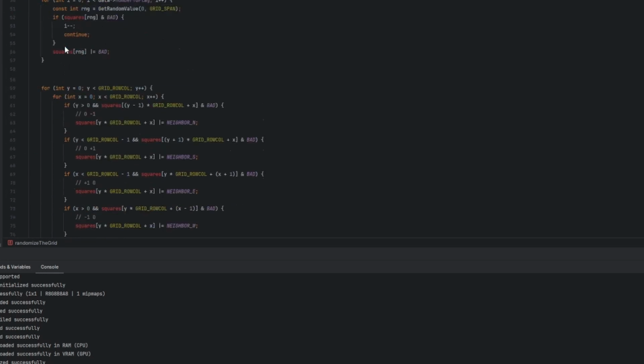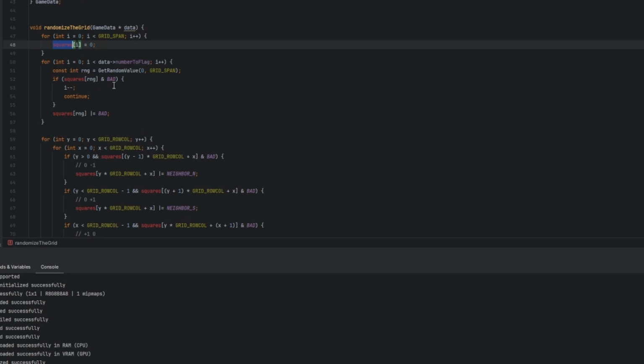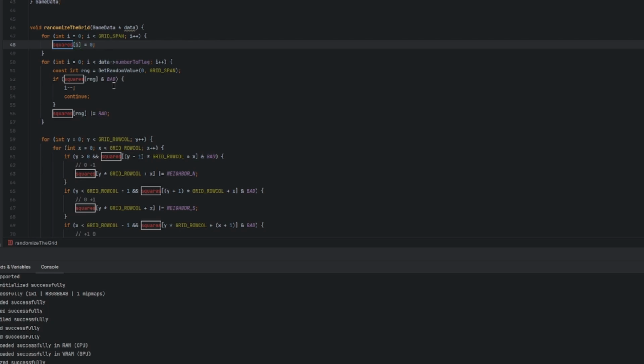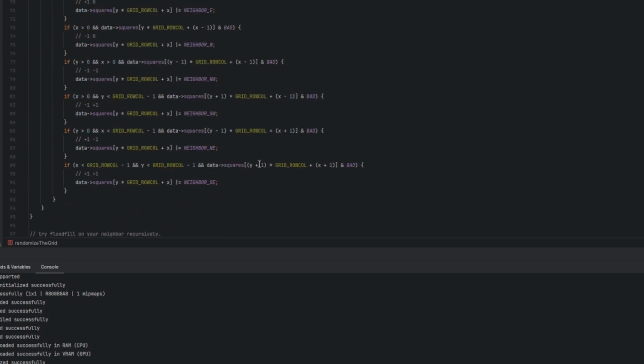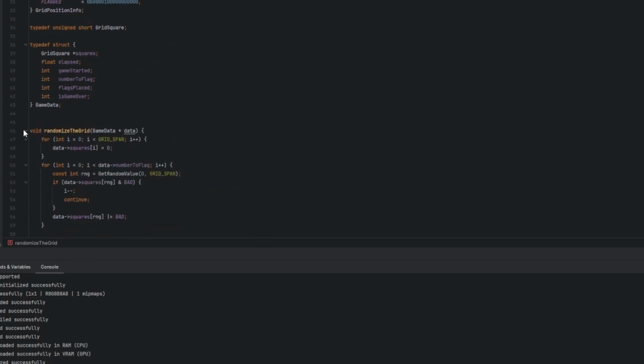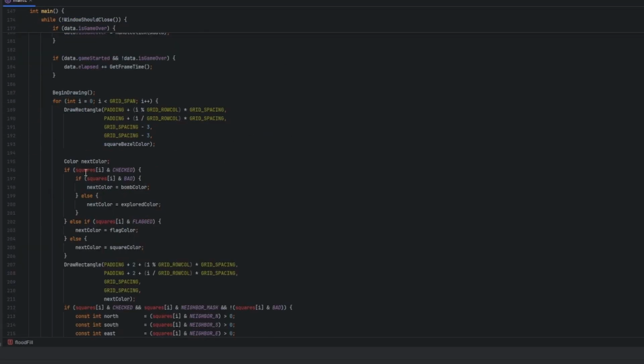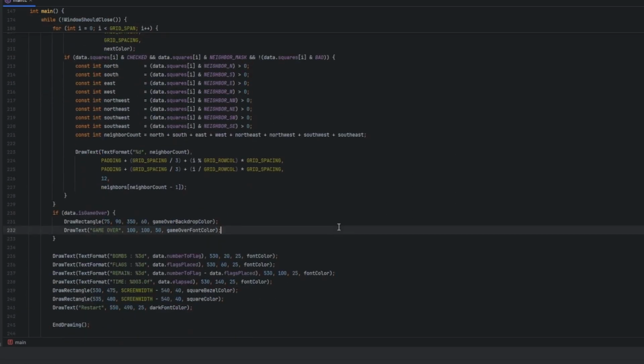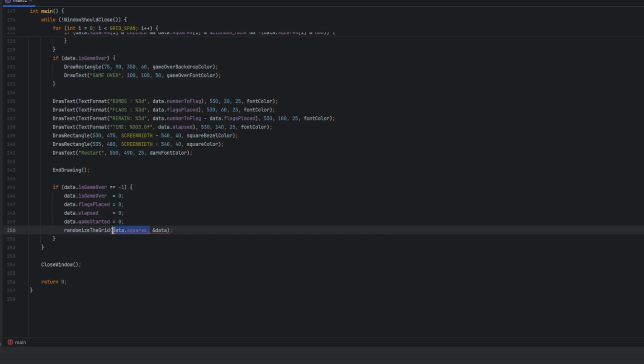So, we're going to Alt-Enter, change all local squares to data squares. Okay. That was easy. Alright, so squares, change all local squares to data dot squares. Alright, so that fixes it. So then we just pop this off the back, and